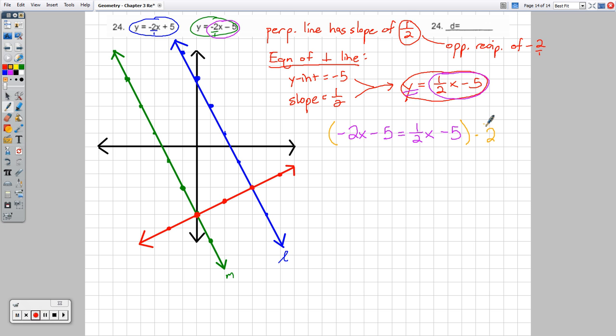So I'm going to multiply everything by 2. Every single piece by 2. If I do that, we've got -4x minus 10. The fraction goes away here. That's just x minus 10. If I add 4x,